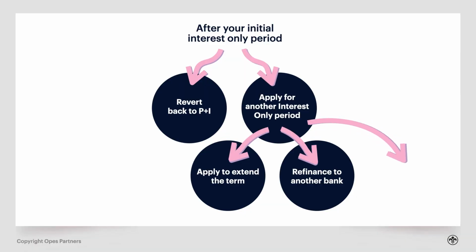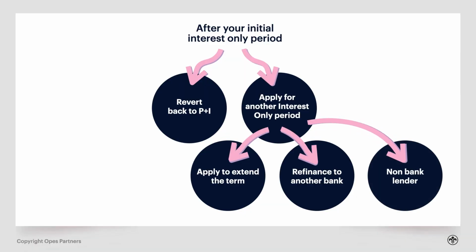So let's say you're with your bank and it starts with an A and they say no, they're not going to approve you for another interest-only period. Well, you can always apply to a different bank, maybe one that starts with a W or a B, and maybe they'll approve that. In that case, if they've got the right product that you want, you can move to them. And in fact, we've seen investors do this for years and remain on interest only for 10 years, 15 years, sometimes even more. The third thing you can do is apply for a non-bank lender